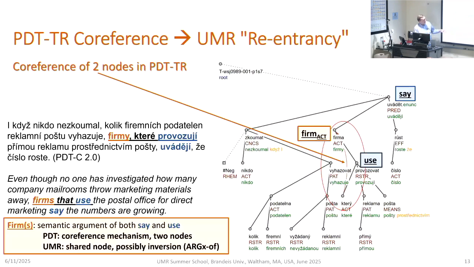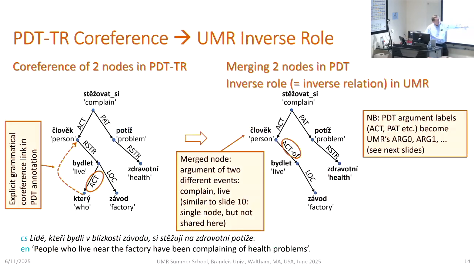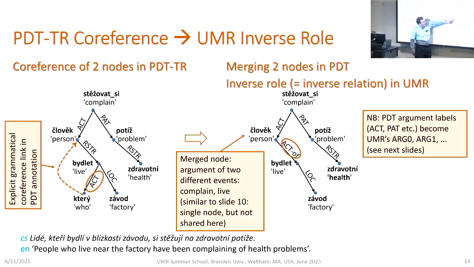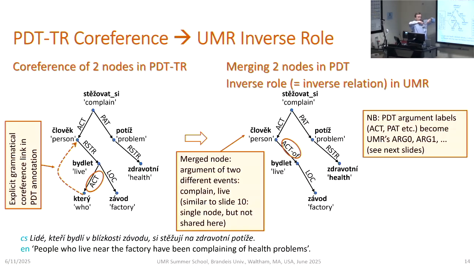But in UMR again, the node would be shared between the two clause predicates, in the sense that there will be just one node, and the link from the person to the second predicate will be just the inverse function. So in this case, there will be no two links going to the same node, but it will be merged